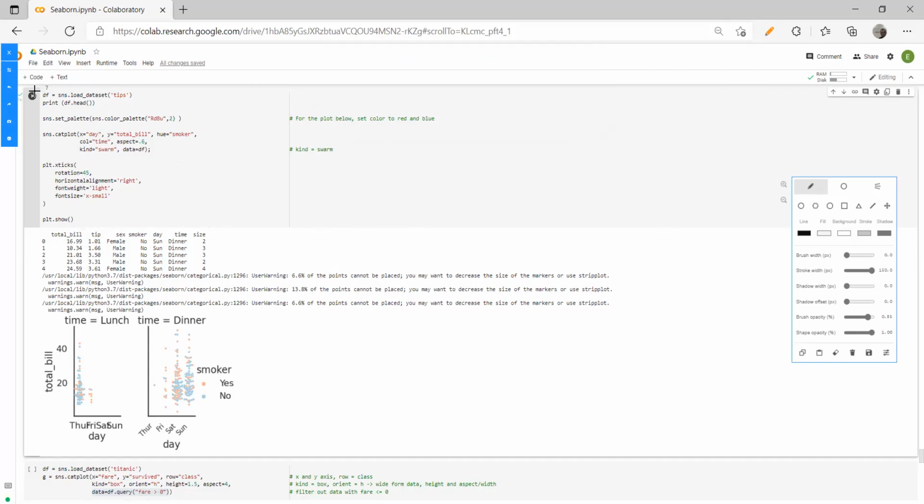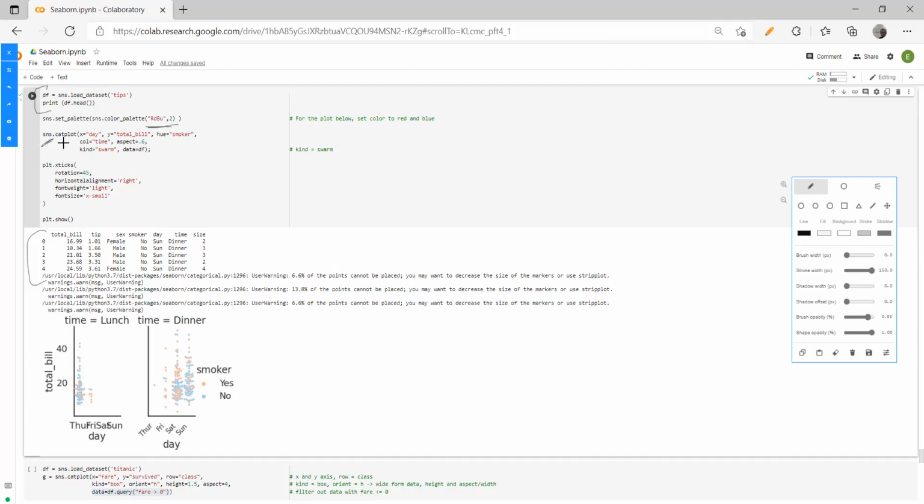So we said that this is our tips data set. I have selected two different colors to plot over here, red and blue, because the default color was not that visible. You can try to remove this line and see that the default color is not visible. Again, plotting on Google Colab, I find it not that interesting or good. The Jupyter notebook is a little bit better, but it's okay.